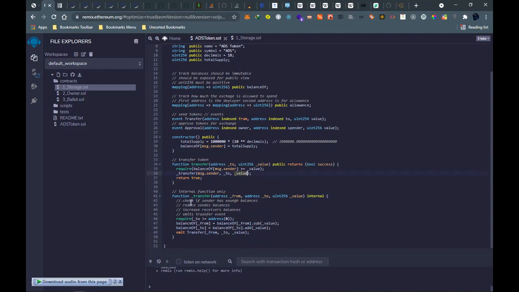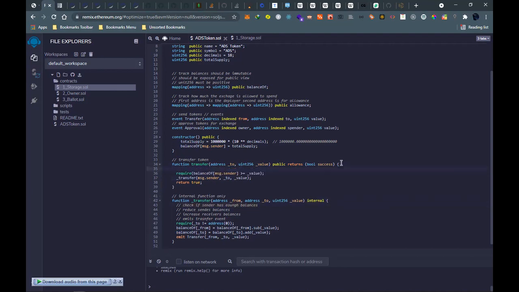And then first of all, you have to check if the sender has enough balance. So this one, we moved it here, and it is supposed to also be there. You have to check with require. Require is just a requirement.